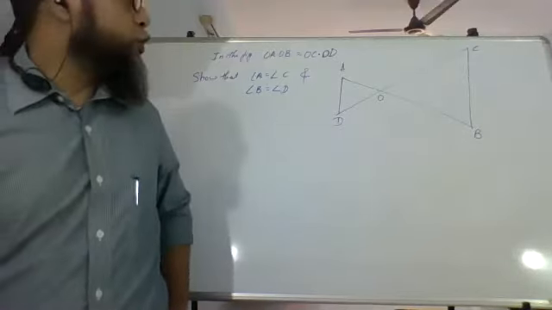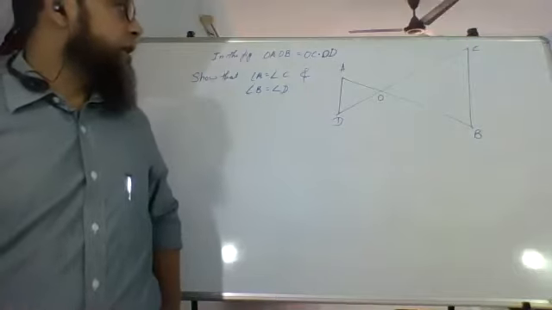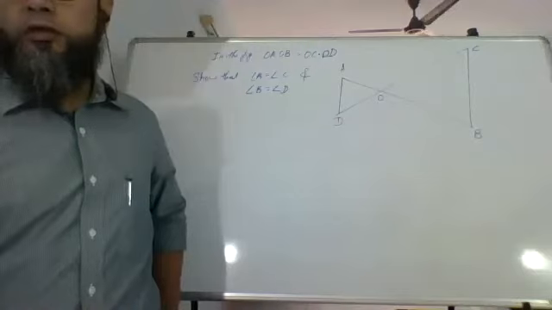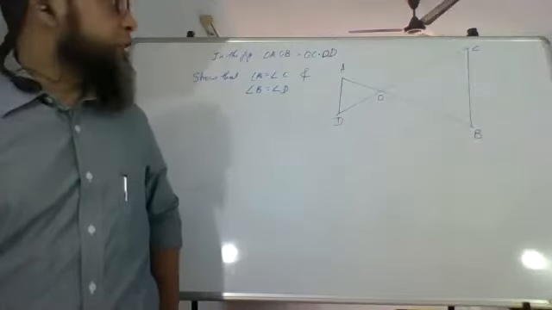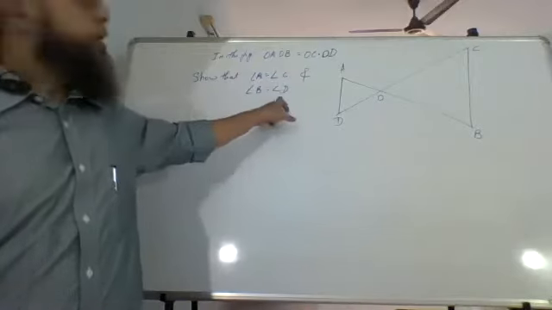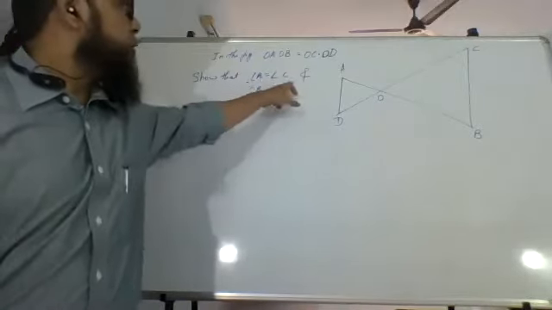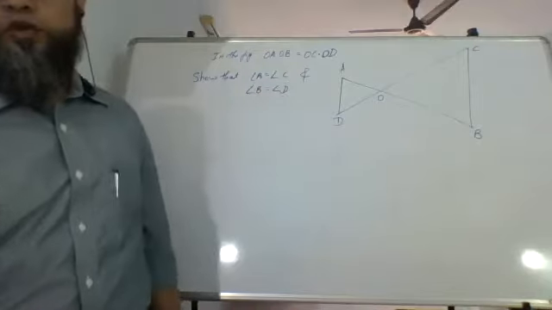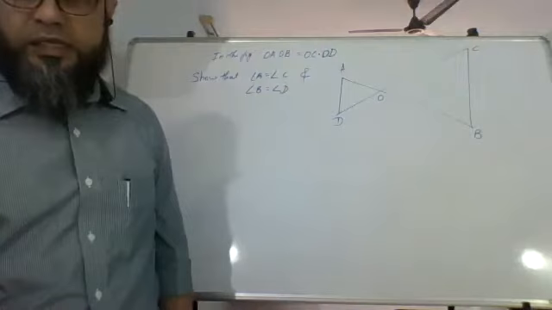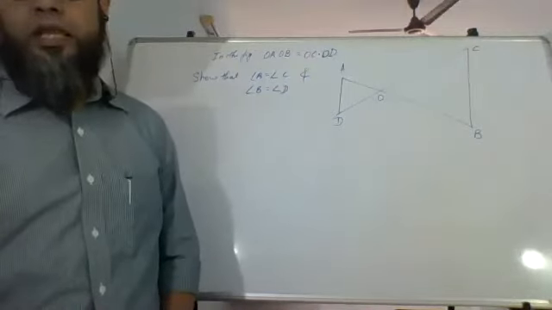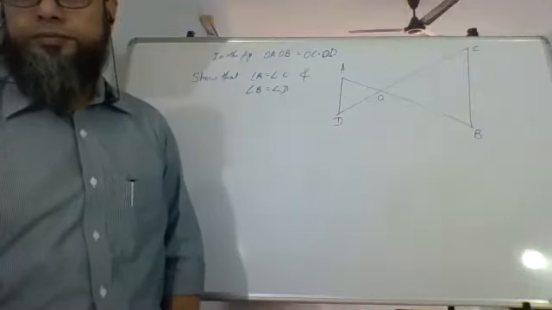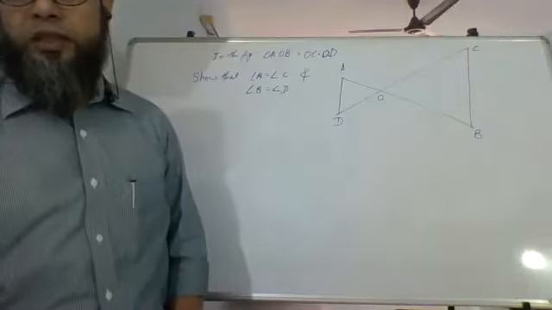So in short, we have to show that triangle AOB is similar to triangle COD. Now you'll say, sir, BOC or COB? COD. Why COD? Because it says A is equal to C, B is equal to D. So AOB, COD. So we have to show that the two triangles AOB and COD are similar. How to show that? That is what we will see. Just draw the diagram, copy it, and we'll proceed further. Once you have done, then we'll proceed further.